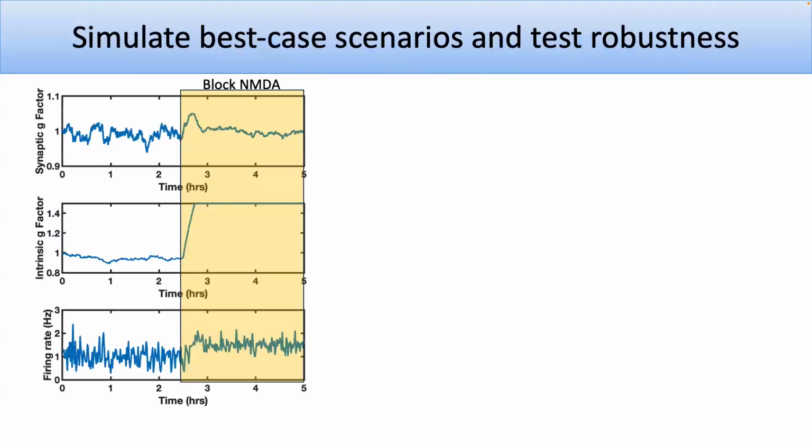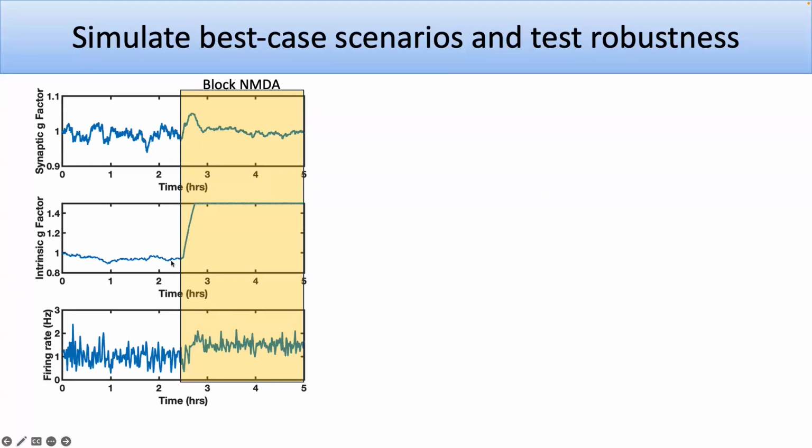So, sometimes we can get things working. We did this one where we blocked the NMDA. This is the case where the intrinsic sodium potassium channels are meant to change and not the synaptic conductance. What happens is you get an initial change, you're bound to get some change. And this is what I always find in the other property, the ones they see that don't change. But if things are right, it can rebound and go back down, so you don't see anything. And this is what happens here.